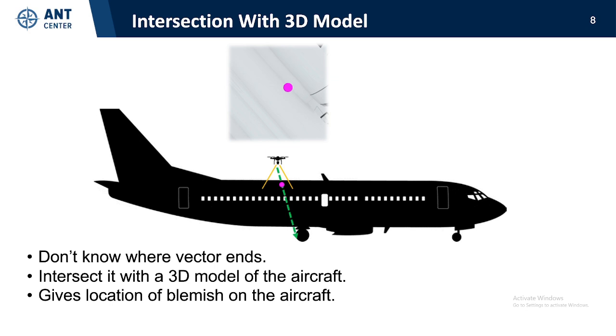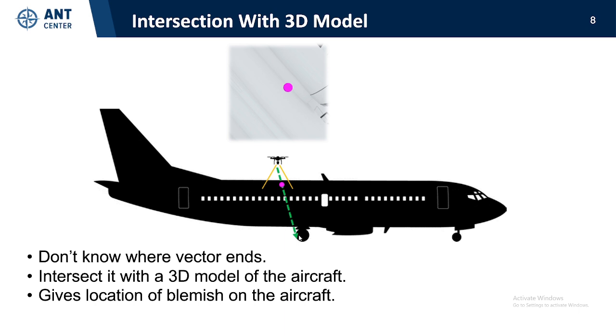And so the reason why we actually need to intersect with a 3D model of the aircraft is because if we look here at this gray square, this gray square basically represents the view this camera has attached to this drone. And so this pink dot is a blemish which the camera sees. And so we can get the pixel, or the vector of the ray that shoots through the pixels on this image. So here is the vector of the ray, and the problem is we don't know where the vector ends,